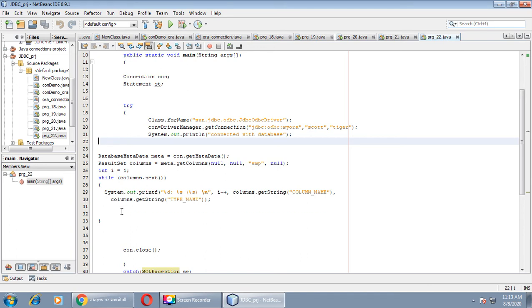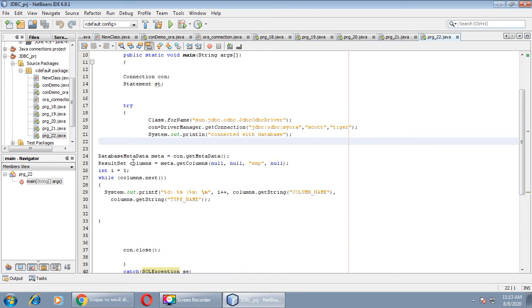Inside the loop, System.out.printf. I want to print the column number, then the column name, and the data type of the column.